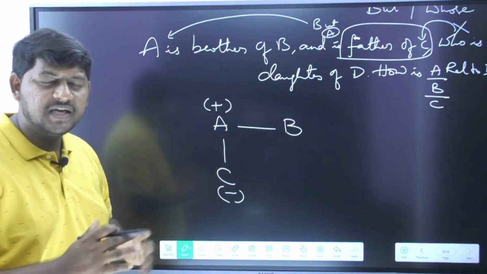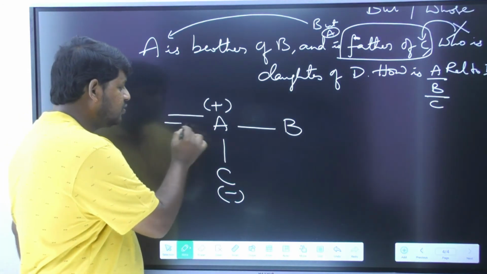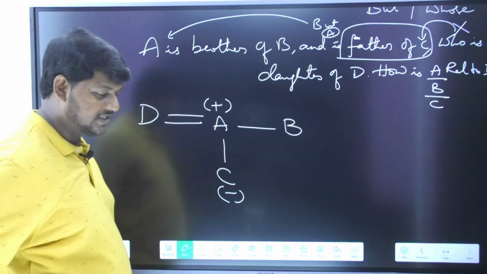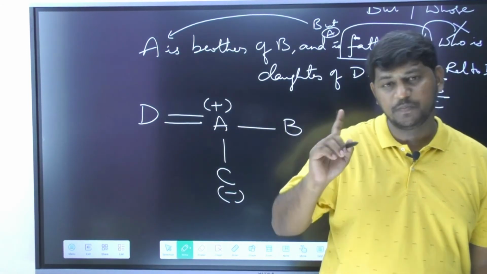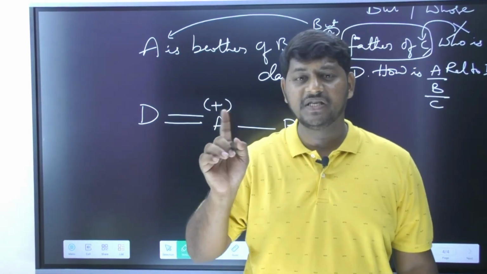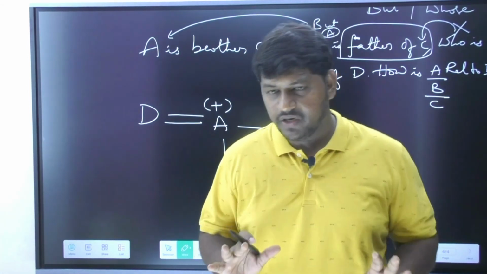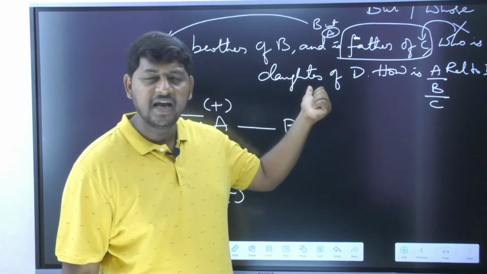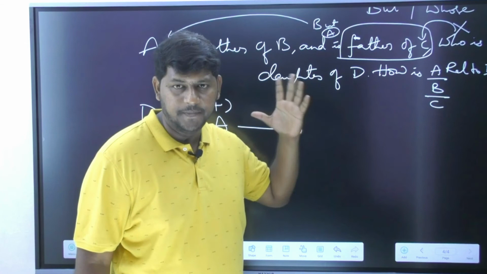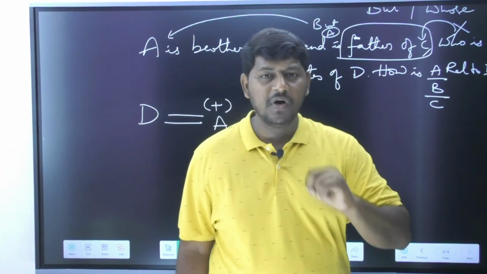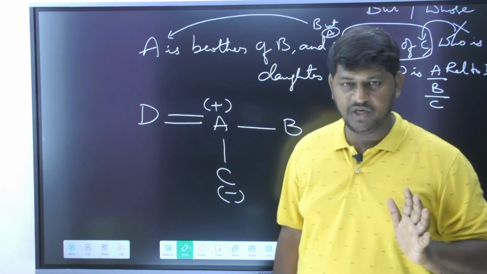Then what is the relation between A and D? Yes, definitely you need to understand they are wife and husband. Do not say it as spouse. We are going to say spouse when the information is not known about a particular person. Yes, I know that very clearly. In the line, your examiner is never going to reveal what the gender of D is. But my rule number 2 states that male and male, female and female cannot get married to each other,